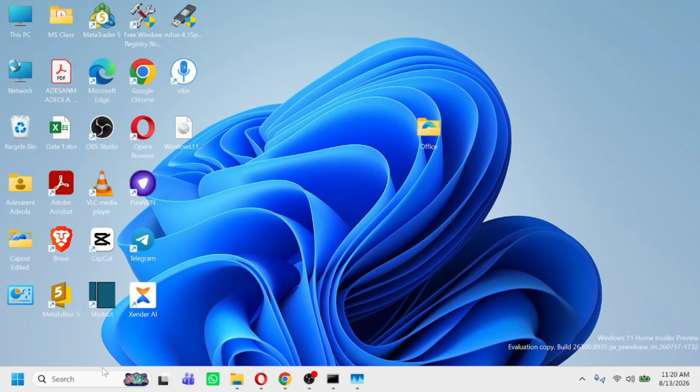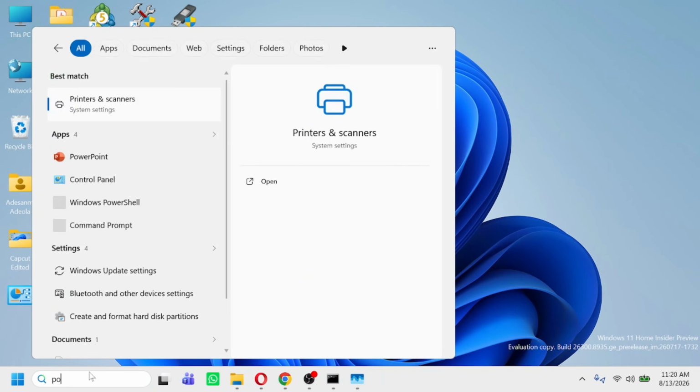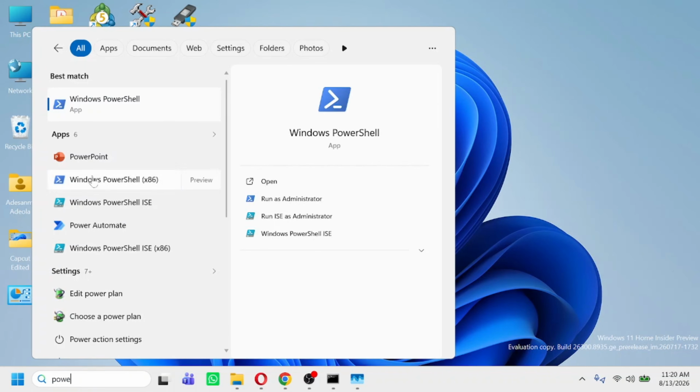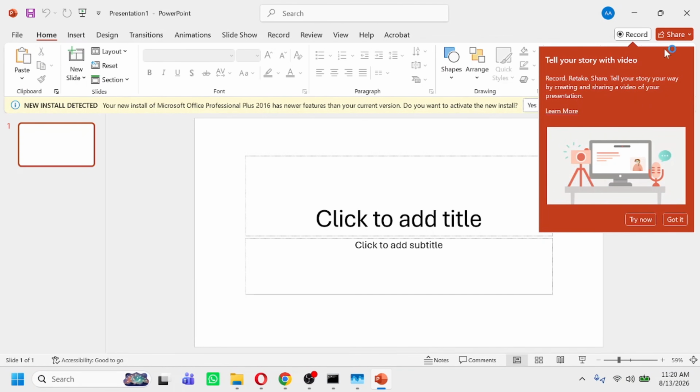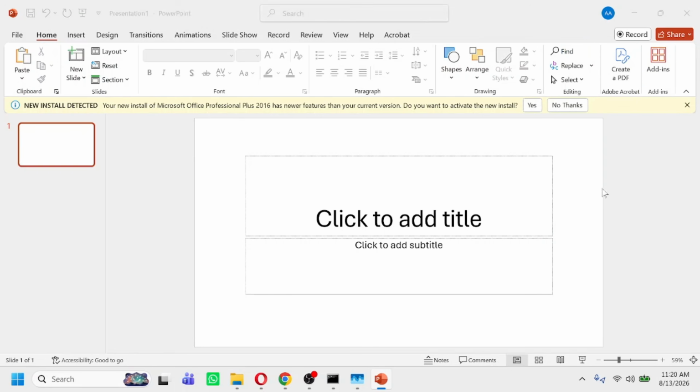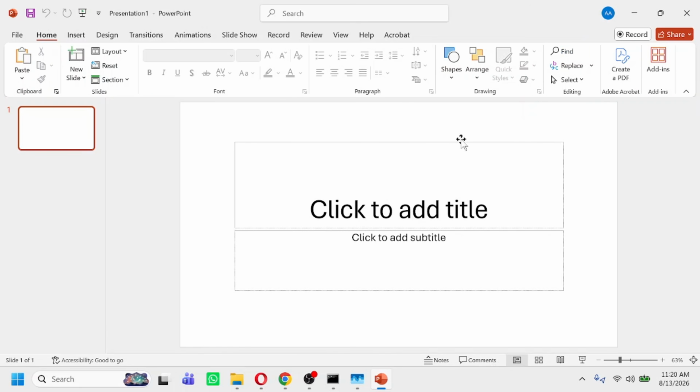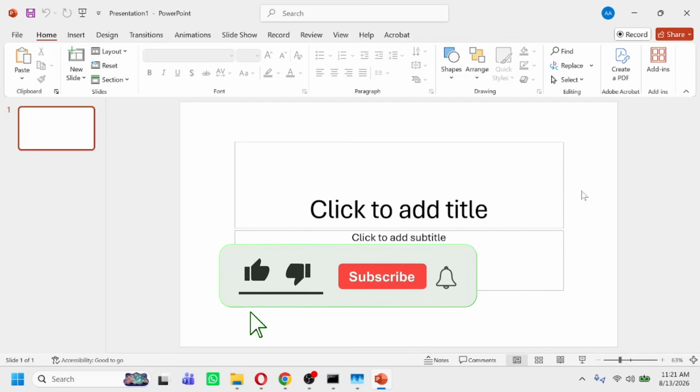In case you also use PowerPoint, we also installed PowerPoint. Let's open our PowerPoint and we have access to everything we've installed here, as simple as that. So that's all, guys. We've been able to install and activate Office 365 on our device